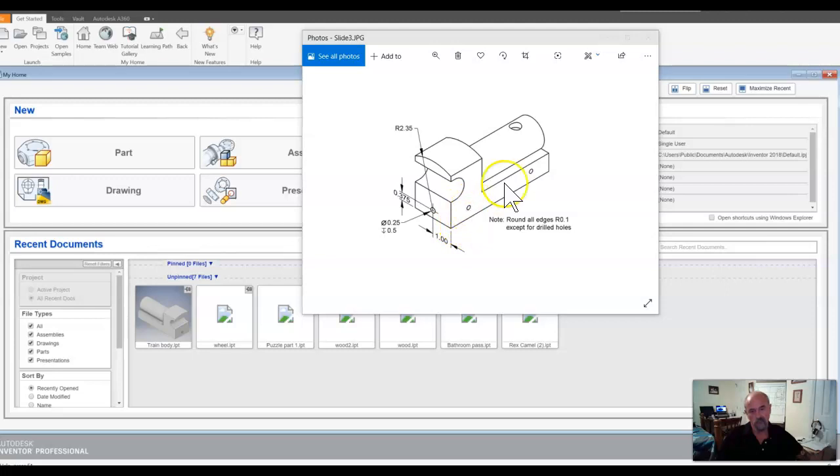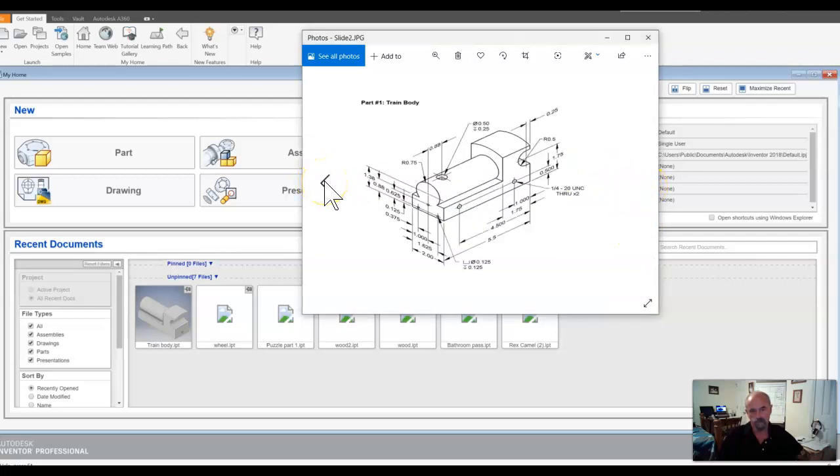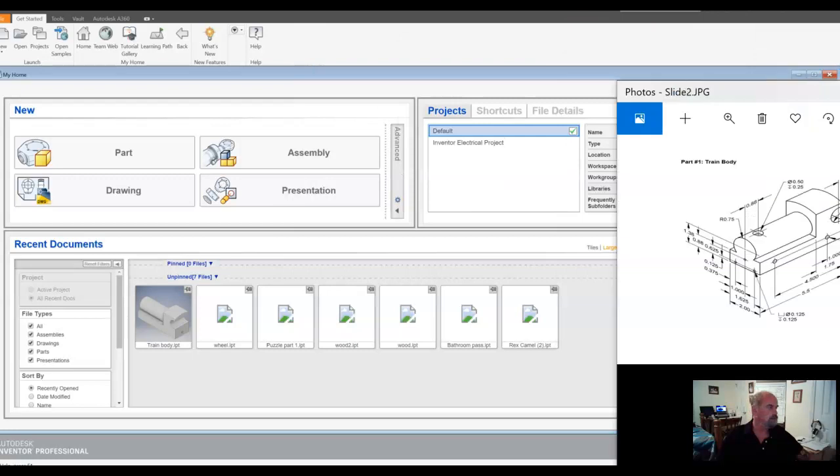We need to put the axle holes in. We need to put the smokestack hole in the top of the body. And we're going to need to put a round edge of a radius of 0.01 on all of the sharp edges. So, first thing we're going to do